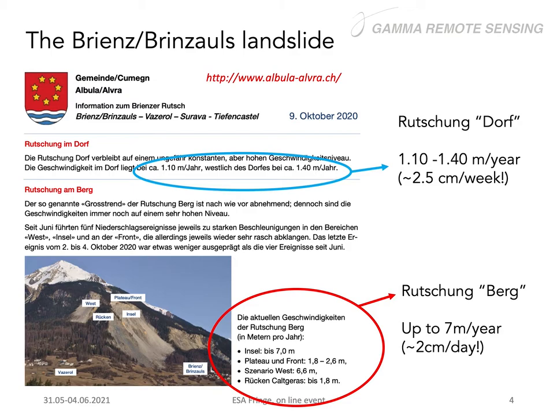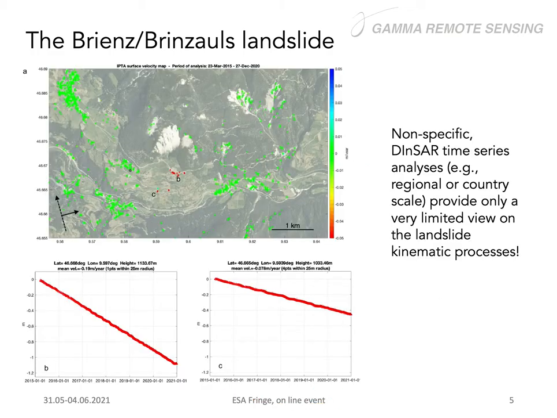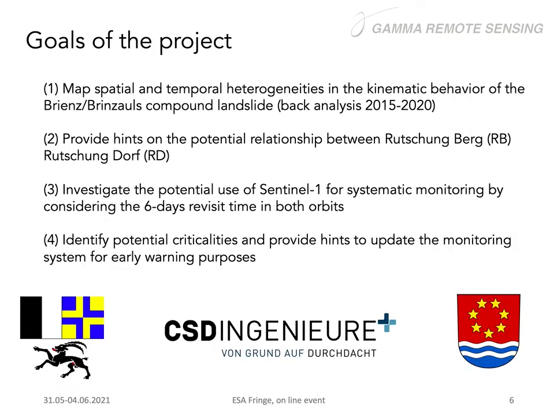So this is of course very difficult to follow with standard interferometric data, especially with C-band like Sentinel. So if you apply persistent scatterer interferometry in such an area, this is what you get as a result, because the coherence is barely preserved due to this very high spatial deformation, and also because we are in an area that is not built, so we have only this village that is providing coherence over a long term. But you see that it's not very easy to identify and to really characterize the displacement of this area.